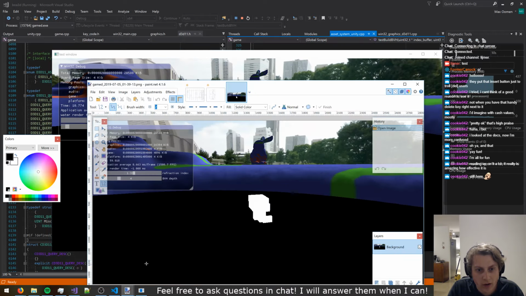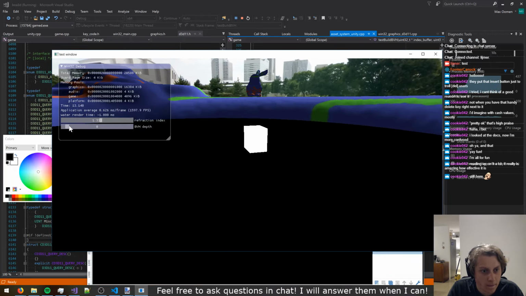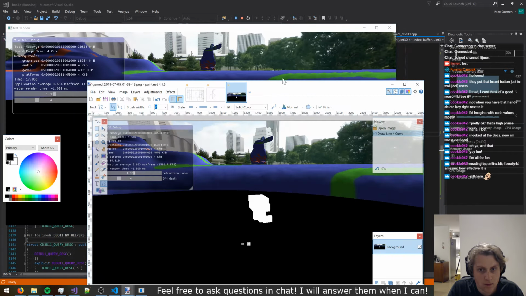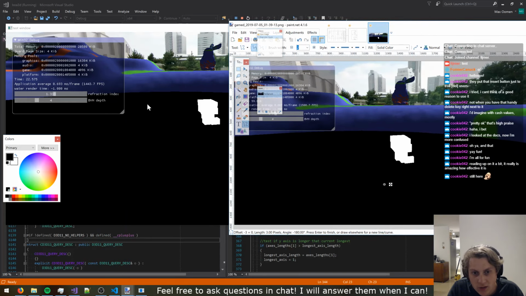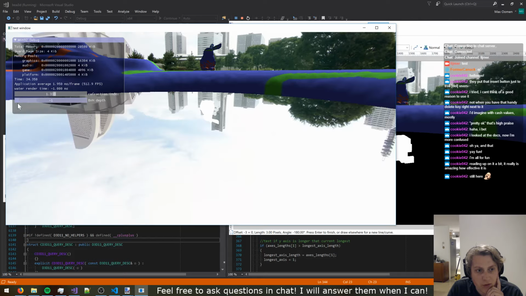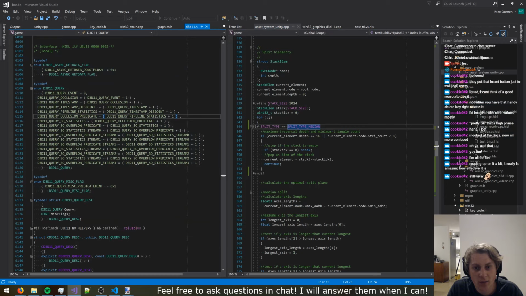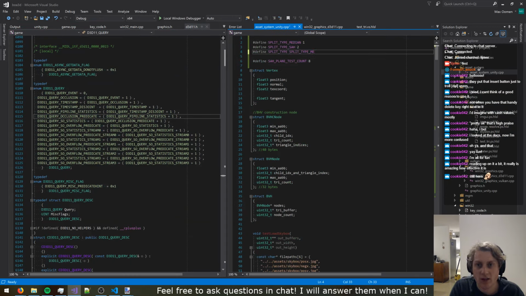So what depth were we looking at? Depth 4. Yeah, you can sort of see the difference. Like you see this bit sticking out, but it's not sticking out here. You can definitely see this AABB is different. And if I look at it like this, it's like 3 millisecond frame time. And if I go back to the SAH one,